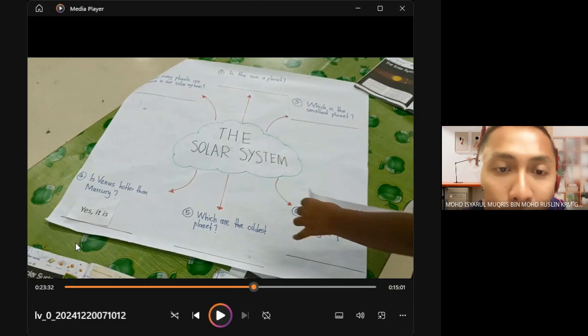6 solar system questions, and how to do this is the teacher divides the students into 2 groups, and then they will be provided with a piece of mahjong paper that has 6 questions in it, and the questions are based on the text that they have read before about the solar system. And to answer the question, they need to put the flashcard or the stickers on the question line,